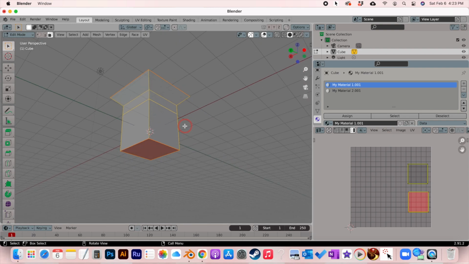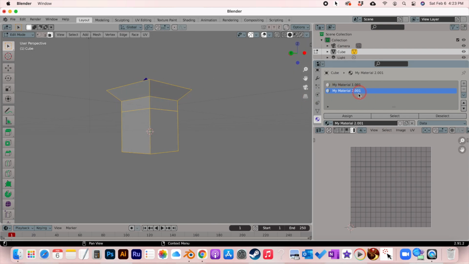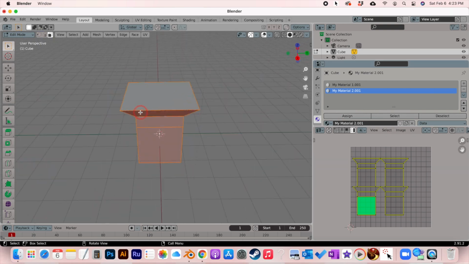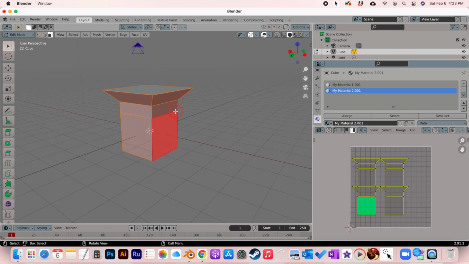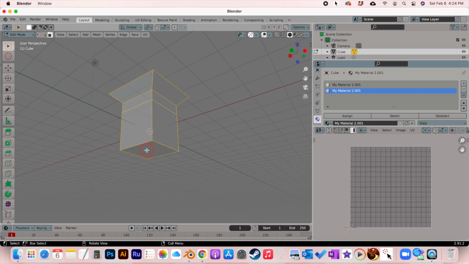You would just fix that by, if you want this to be separate, you would just do what we're going to do now, just create a third material. But I wanted to show you that first. Now if you go and click the second material, click the select button, you can see that it will only select the faces you assigned to the second material. So it's just a quick way to select your groups of faces together without having to do individual clicks. So I'm going to deselect all of that,